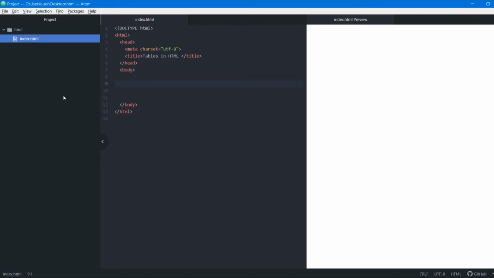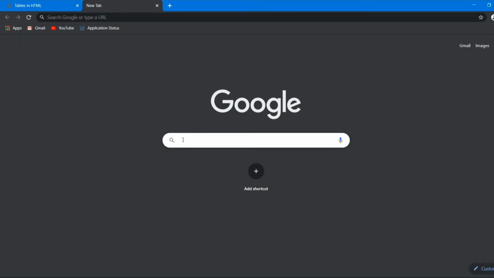Alright, so in this video we are going to learn about the table element in HTML: how to create tables, how to use a table, how a table looks, and what a table is. Last time we learned how to get good at googling stuff and finding documentation about what we want to learn. We will go to Google, and I'll teach you what tables are using documentation. So we'll Google tables in HTML and W3 tools.